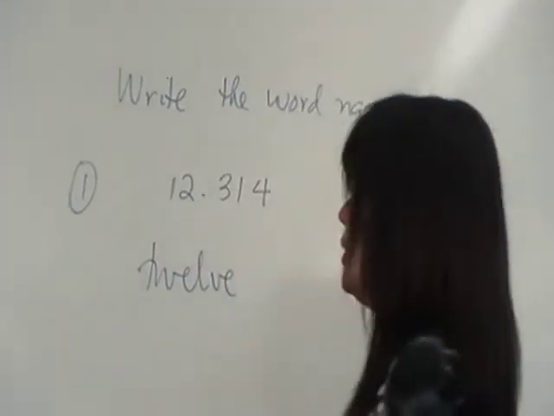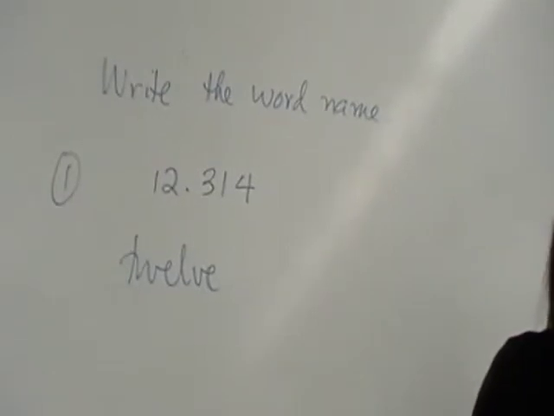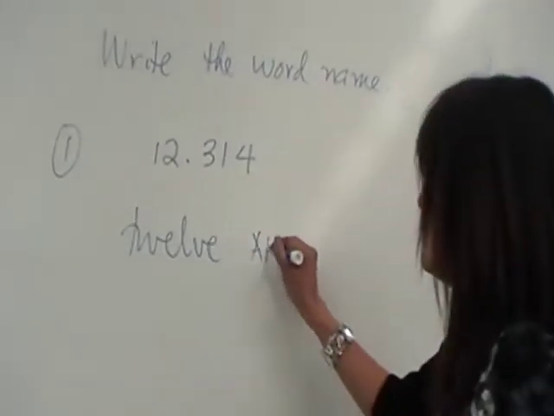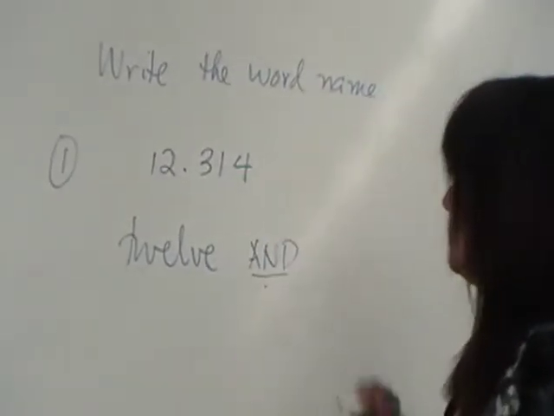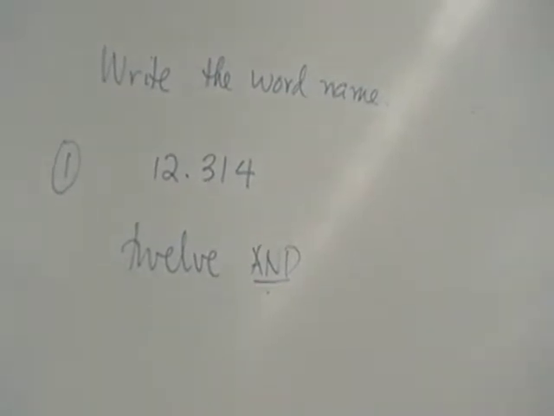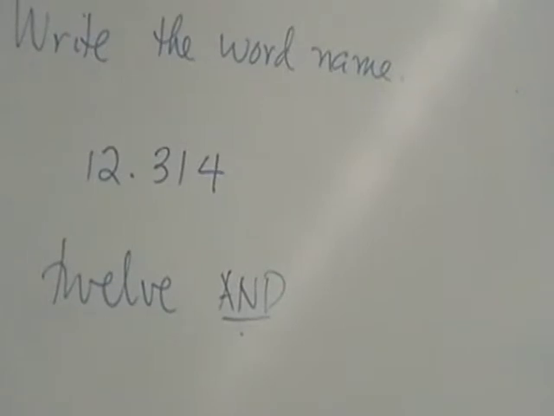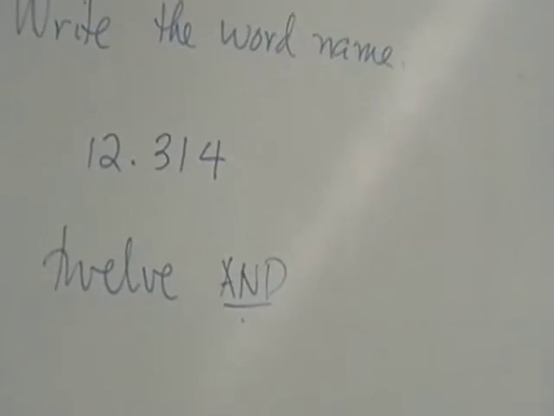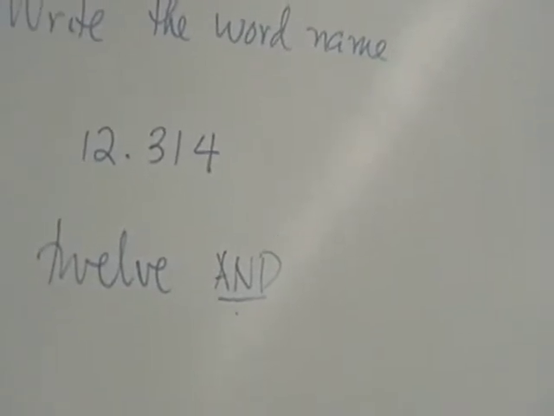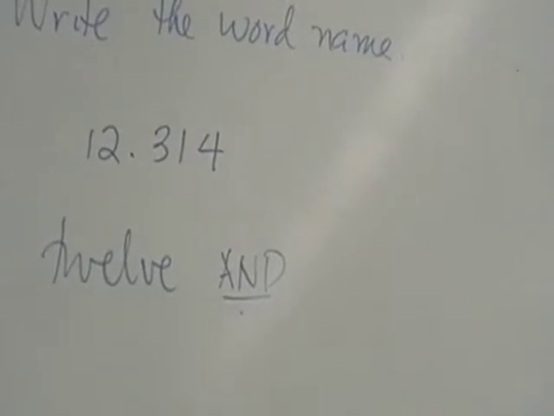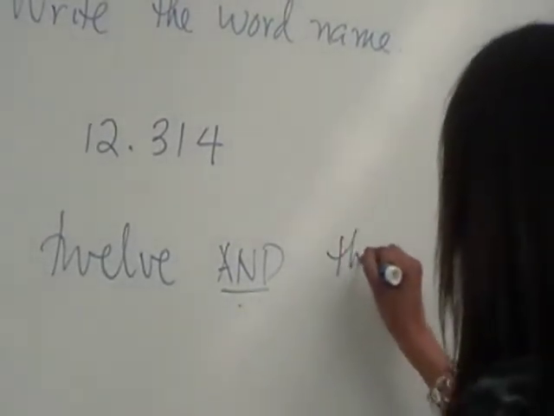The decimal point will always be translated as and. So that's your decimal point, right? And now we have the number 314. How do you write that number 314? You actually read it as you see it. You see it as 314, right? So you write it as